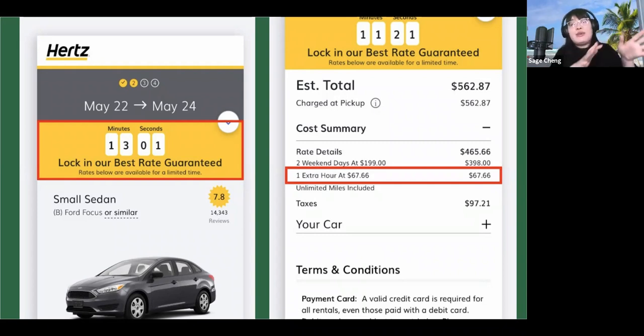This is a misdirection. They give you a very big image of a Ford Focus. You believe that you're booking a Ford Focus, but it may be other cars. And I see that it costs